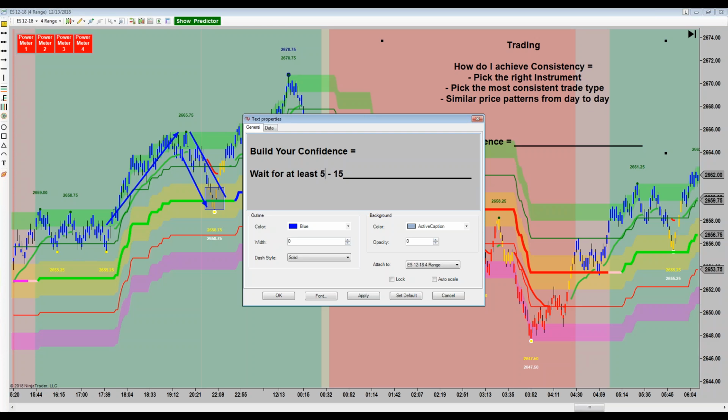Because here's what's happening. There's all sort of pent-up orders coming in. You know, algorithms are firing up. The big boys' scripts are fighting each other. They're trying to push it up. The shorties want to take it down. And it's just a jumbled mess. But if it's orderly, you can trade it. But you want to wait a few minutes and let all that mess settle before taking your first trade.